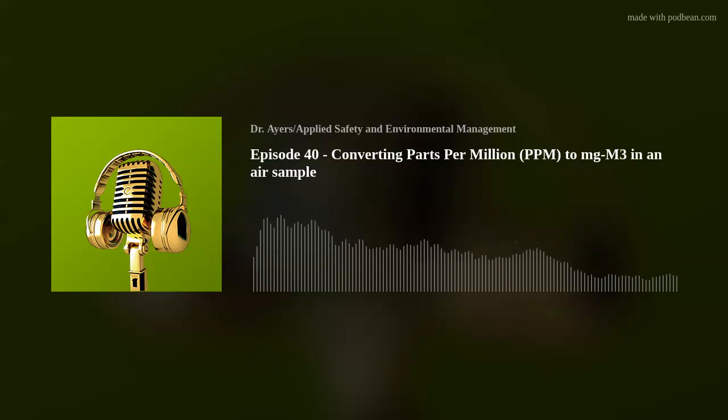In today's episode, we're going to convert parts per million into milligrams per meter cubed. This is something that you will have to do every so often, depending upon if you're looking for an occupational exposure in the workplace. Do you have to report your values to the state for an operating permit? Whatever the case is, there's a lot of times where we get the sample in milligrams per cubic meter and have to convert it over to PPM. In today's episode, we're going to talk about converting it from PPM to